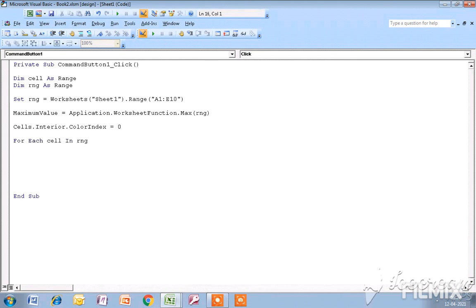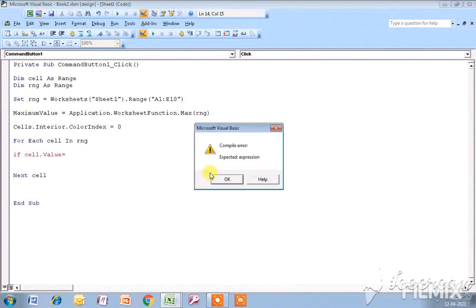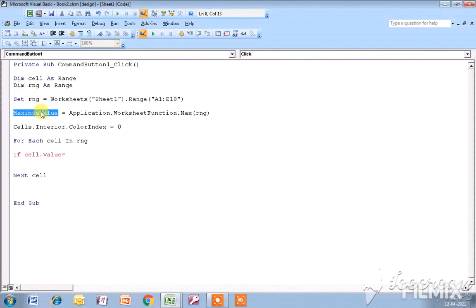When I am starting a for loop I have to end the for loop, that is Next cell, and inside the for loop I will give the if statement, that is If cell.Value is equal to, and from here I will copy it and paste it over here, cell.Value.